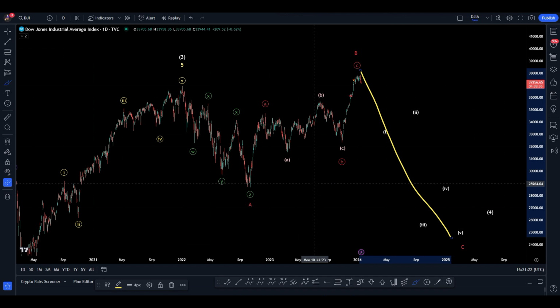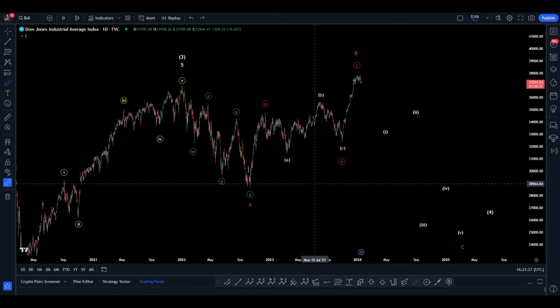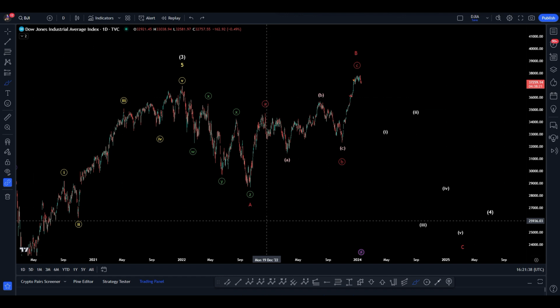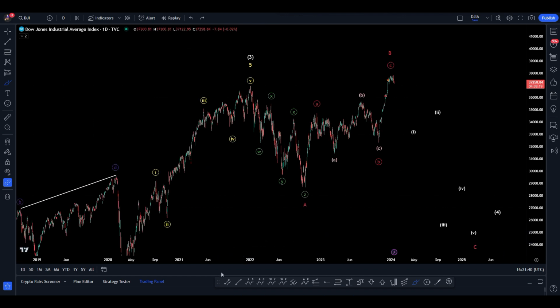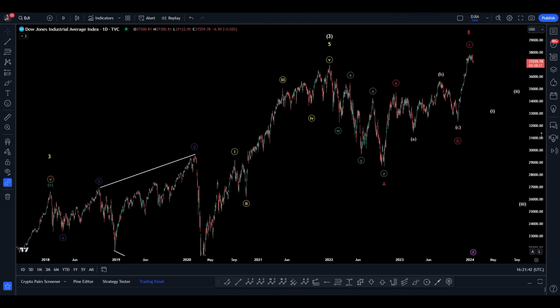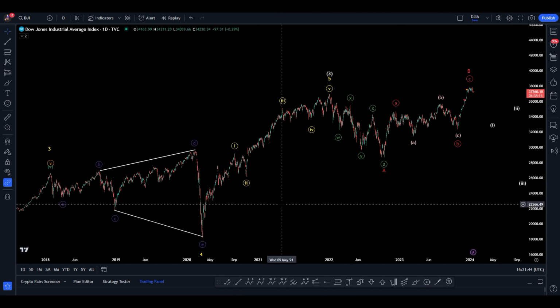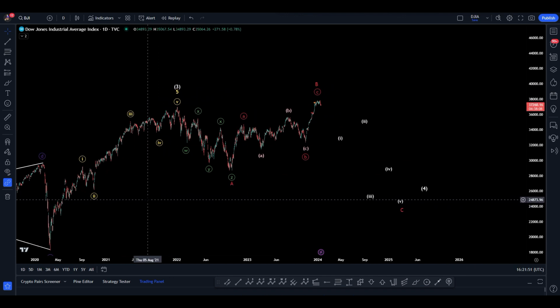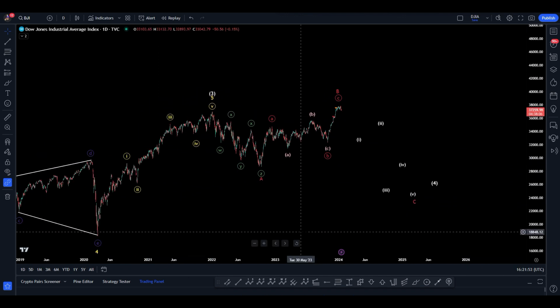Bitcoin's going to decouple. It's going to go to the moon. Yeah, Dow can go to zero. Nobody cares. Yeah, whenever your analysis is built on hopium, it's a powerful drug, by the way, hopium. Real powerful drug. But I guess we'll see, right? Guess we'll see how this pans out.